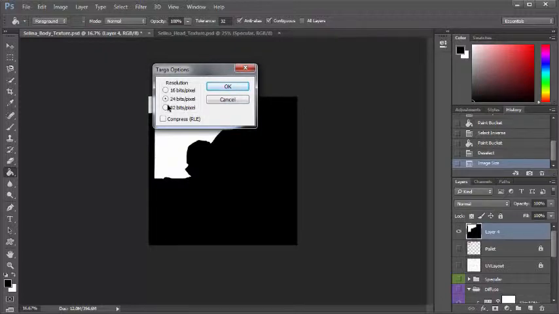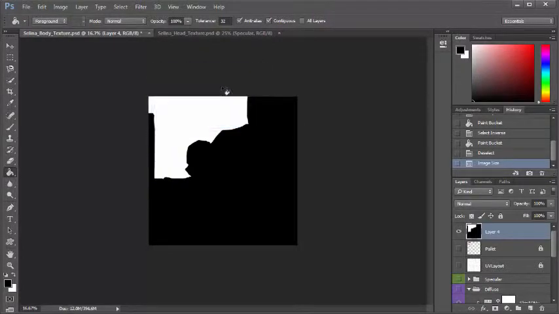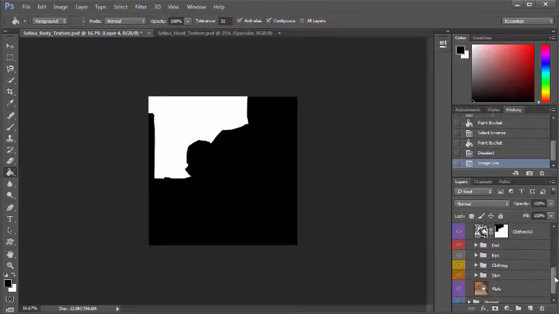I will explain alphas when we get to that for the head texture. So leave it as 24 bits per pixel and OK. Now that's done. Now the next step we want to do is save out the other bits that we created in Photoshop, the epidermis, the backscattering and so forth, so we can set up the SSS shader correctly. So if you were to scroll down and go into your skin section,